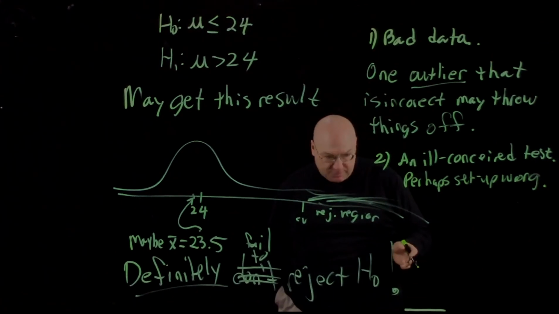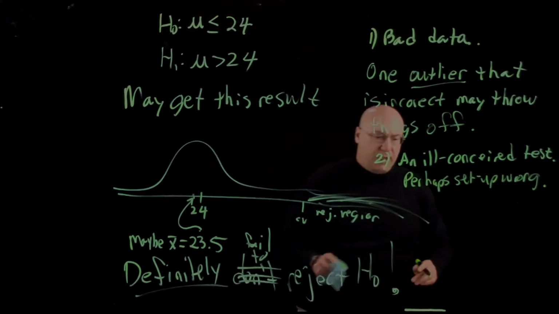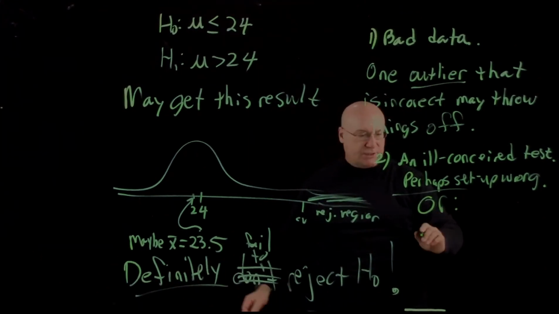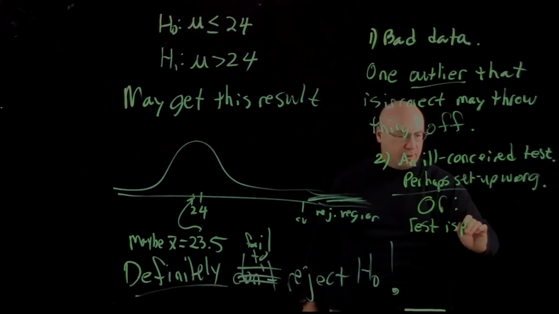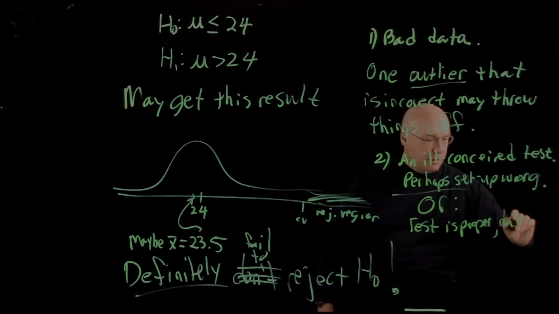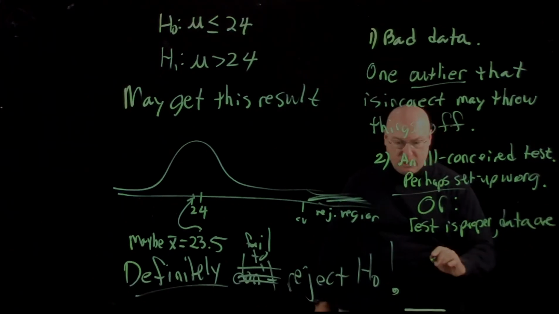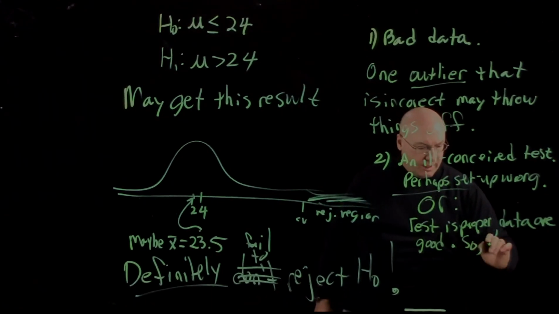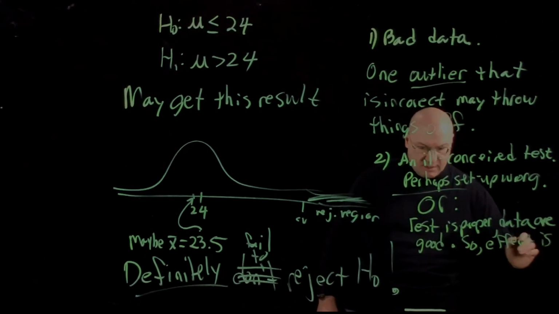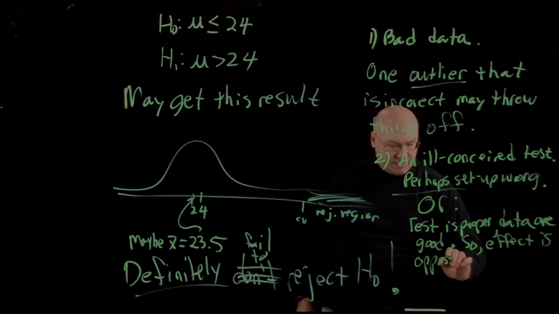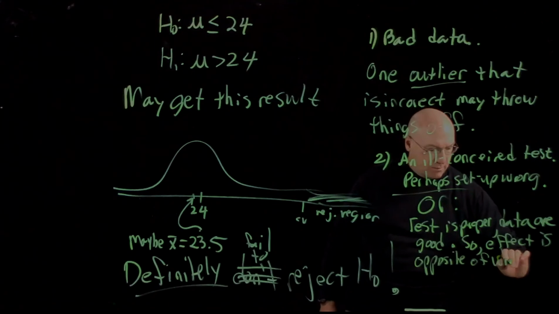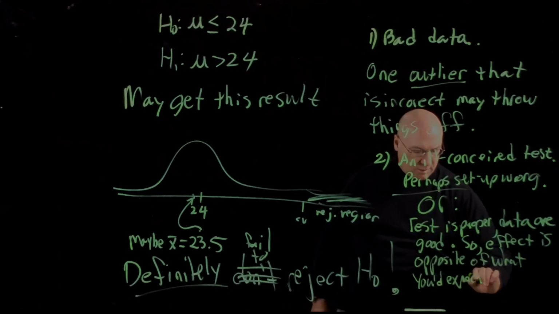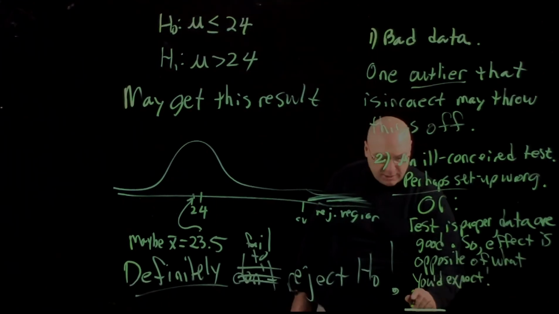But the other thing that could happen, and I didn't number it, is that the test is good, the test is proper, the data are good. And so the effect is generally, you think of it, opposite of what you expect. For example,